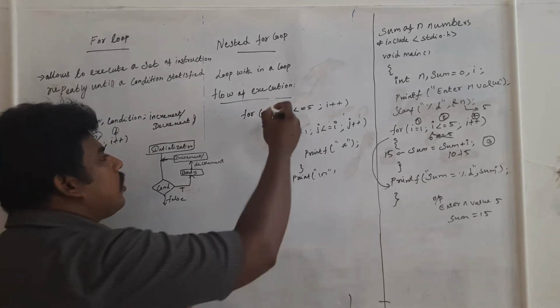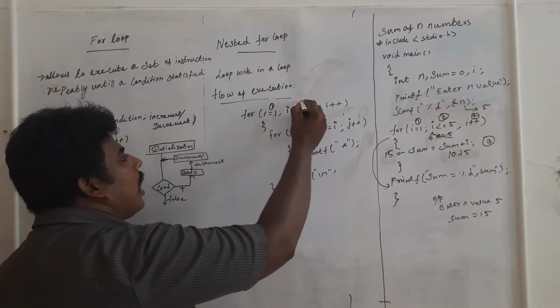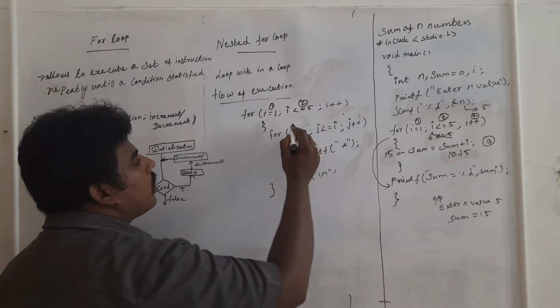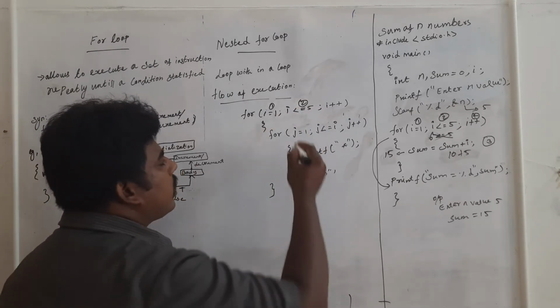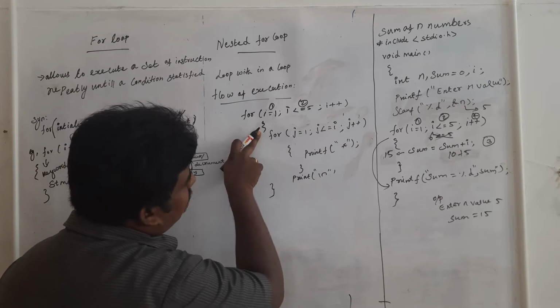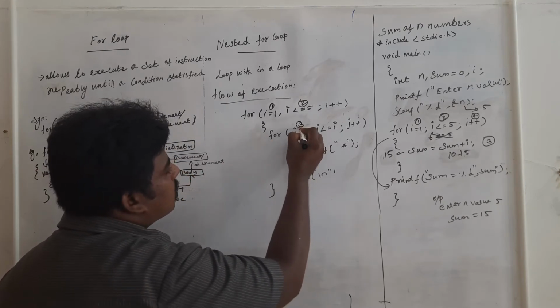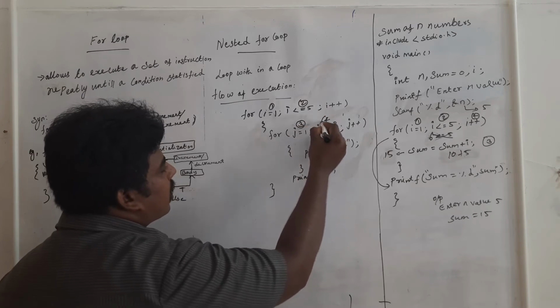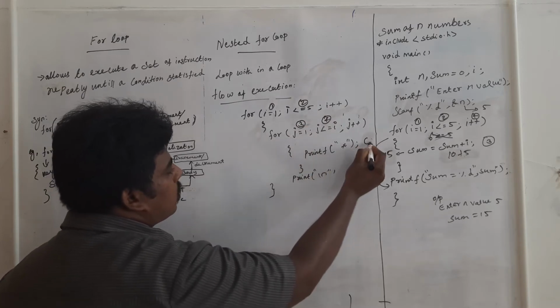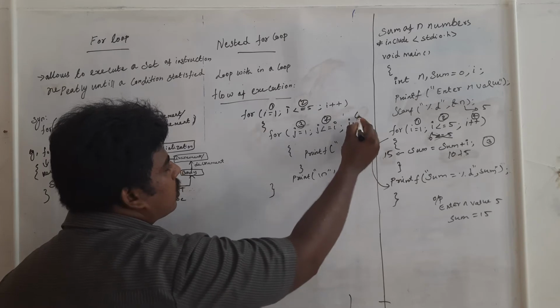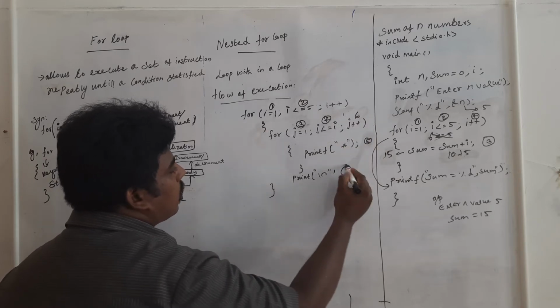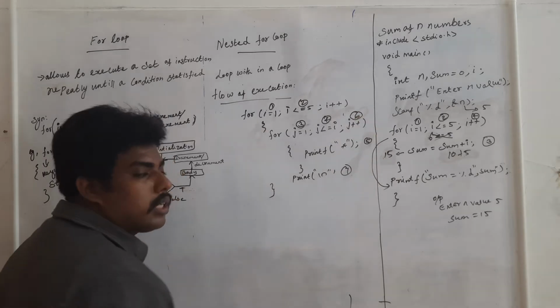So this is the first step, initialization, and this is the second step, condition. What's the third step? Body, right? Here the body starts, and the body is this inner for loop. So the third position is here, and again it will check the condition, fourth. Now this is the body, 5, this is 6, this is 7. This is the flow. Now I will explain.